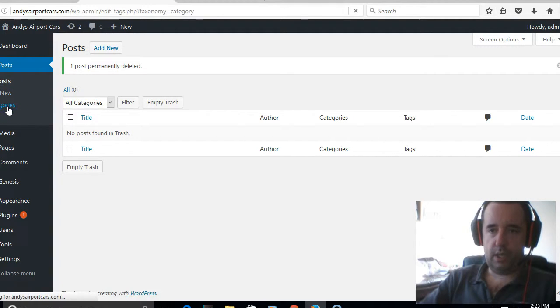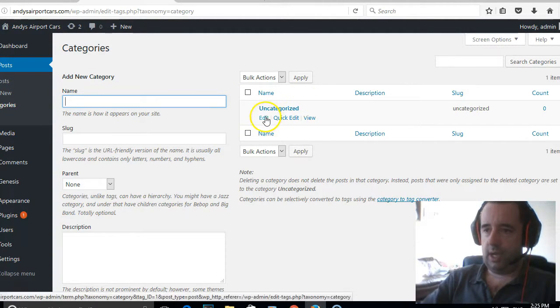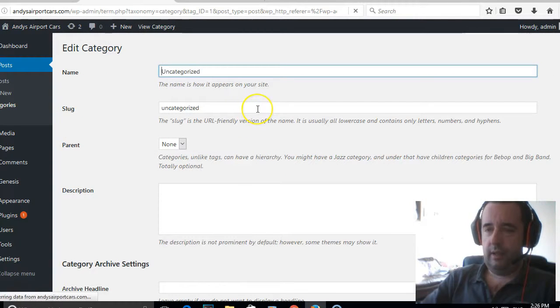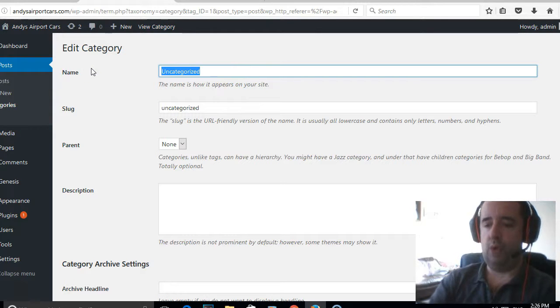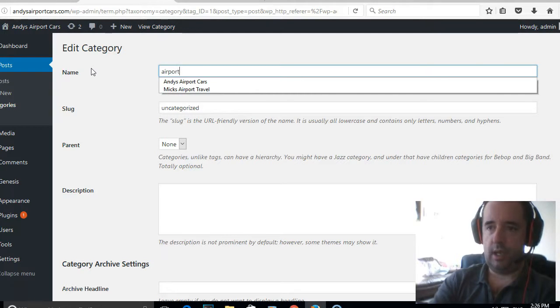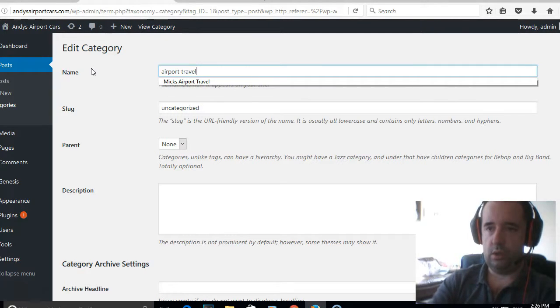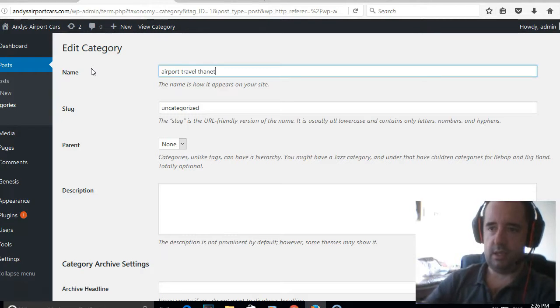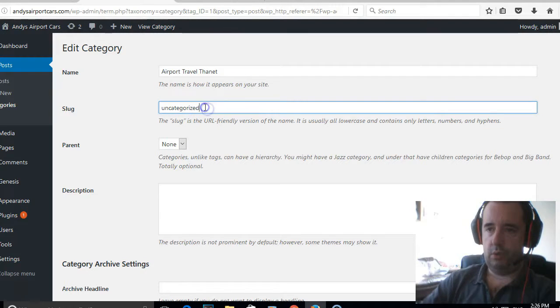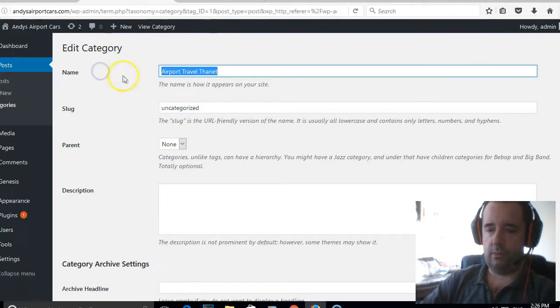Okay, next thing, if we go to categories, we've got a category there. Now the idea of Andy's Airports is it will be providing airport travel to anyone within Thanet. So if we say Airport Travel Thanet, we better capitalise the front of those so it looks okay. URL friendly version. So if we copy that,